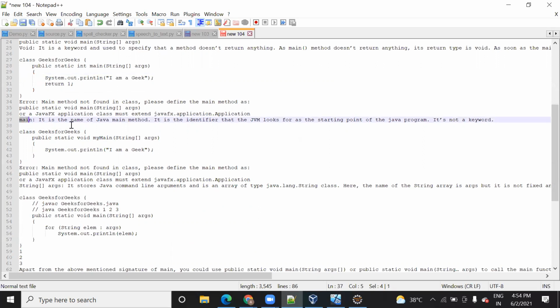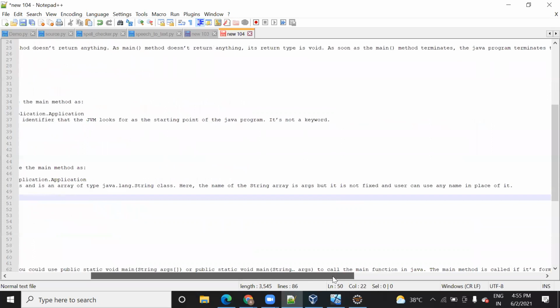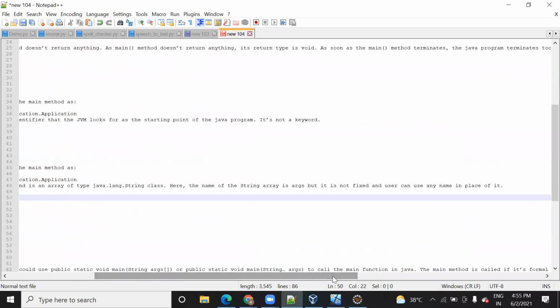And the third one is your main method. What is the name of the method? You can't change this name because it is defined by Java that the name of the method should be main, because main is responsible for execution of your whole code. So we kept it as main. And the thing is String argument. It stores Java command line arguments, is an array type, and it can store any value. It's not fixed. You might be aware of dynamic array or static array. Do you have an idea about it? Yeah, I know.